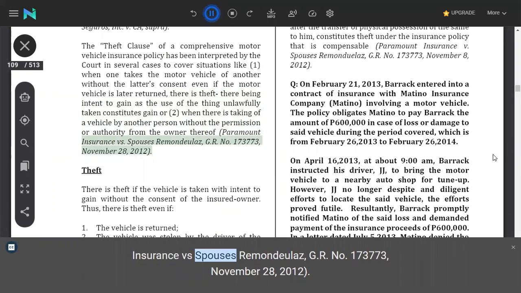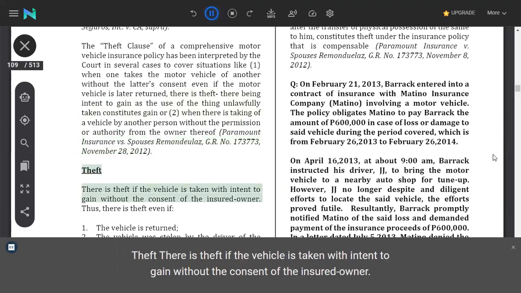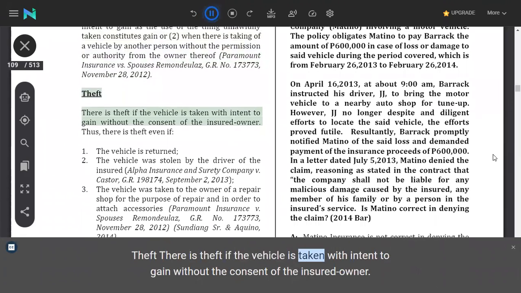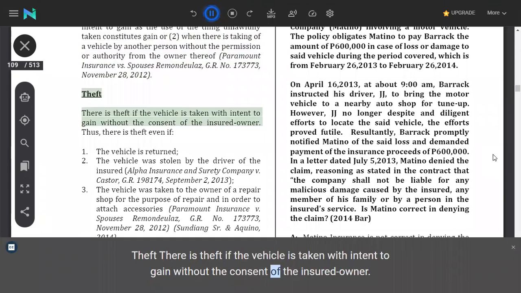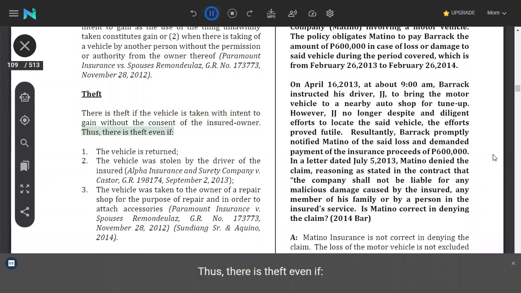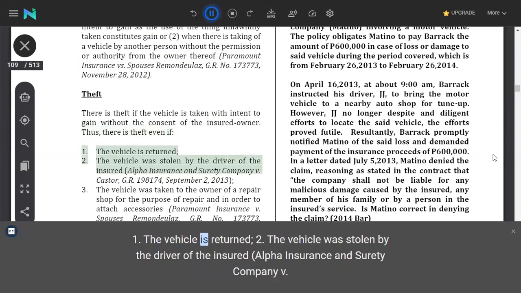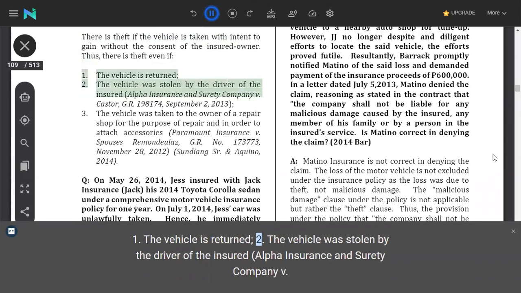Paramount Insurance v. Spouses Remanja Ulaz, G.R. No. 173773, November 28, 2012. Theft. There is theft if the vehicle is taken with intent to gain without the consent of the insured owner. Thus, there is theft even if 1. The vehicle is returned,